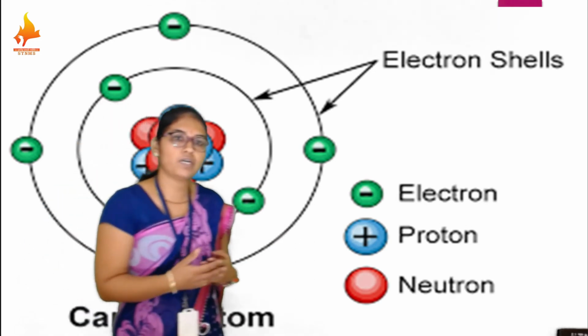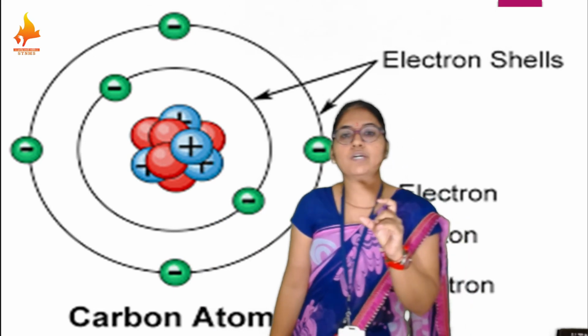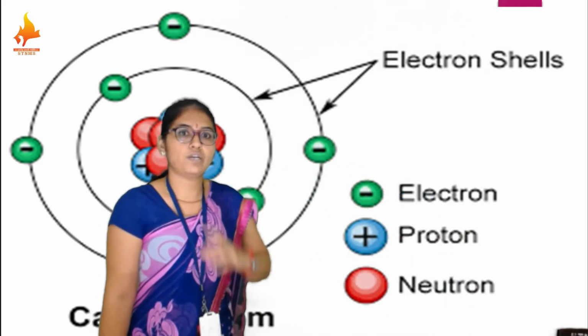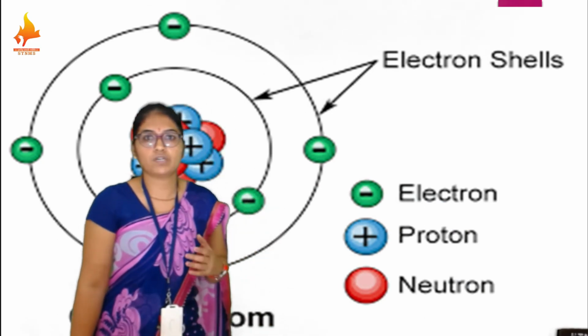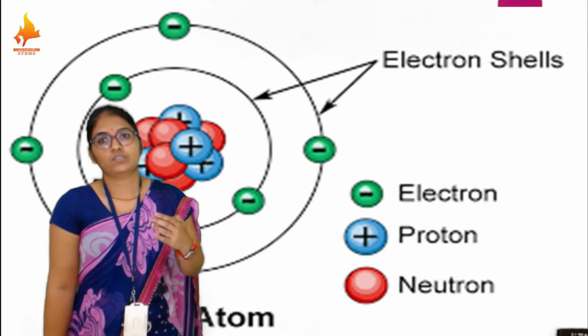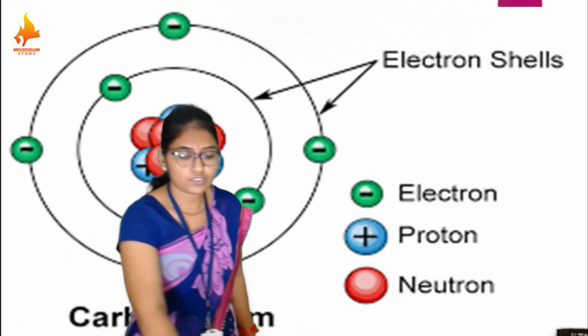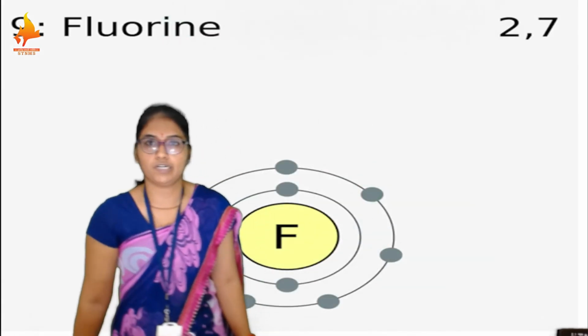What is the reason behind it? Why will it not donate or accept? Because the size of the carbon atom is very small. It is difficult to hold 4 more electrons if they are accepted from others. It is even difficult to have 6 protons inside and 6 electrons around it. So it only shares electrons, it will not donate or accept electrons.